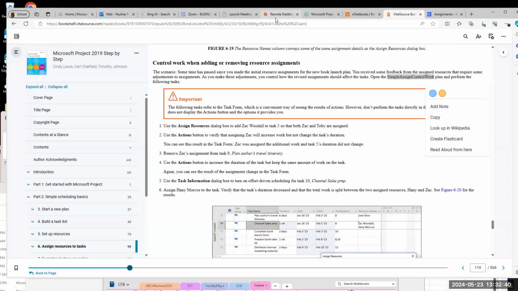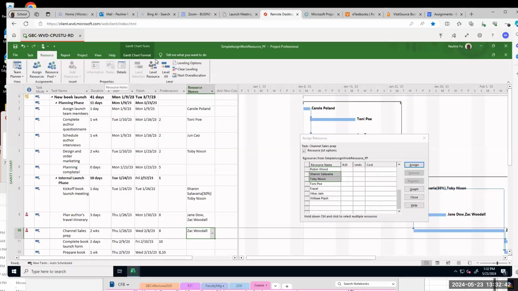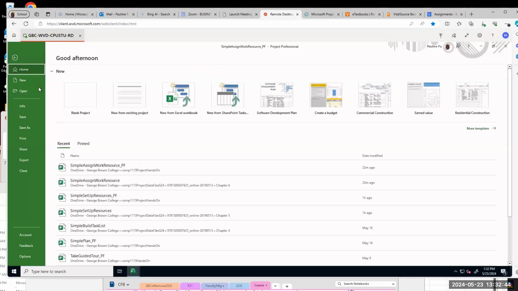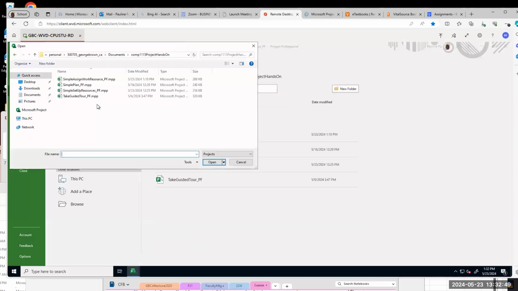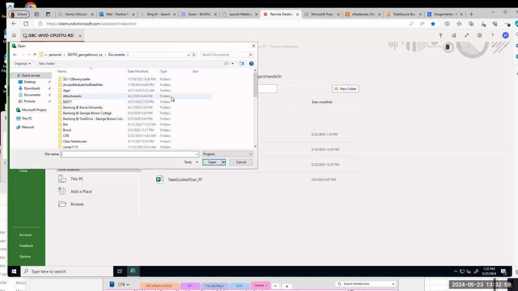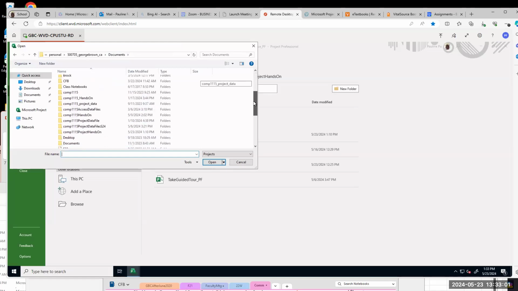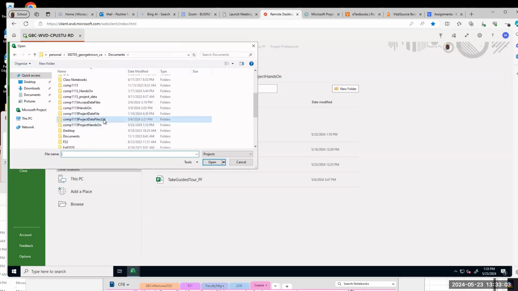Open this file. So go to remote desk, click file open. OneDrive drop down. The file name simple assign control work. Should be go to data file folder. Chapter 6.